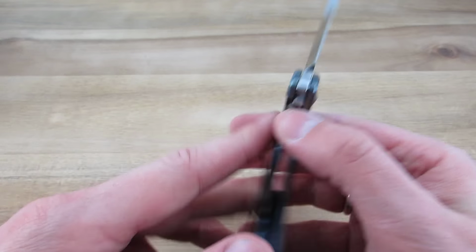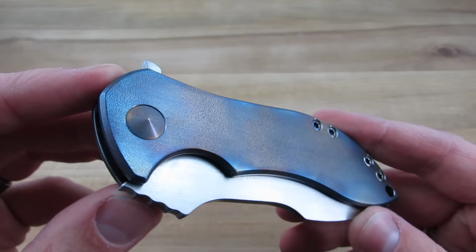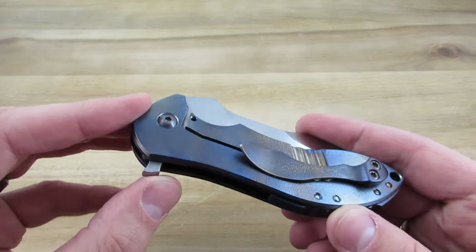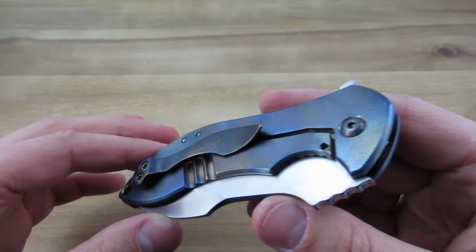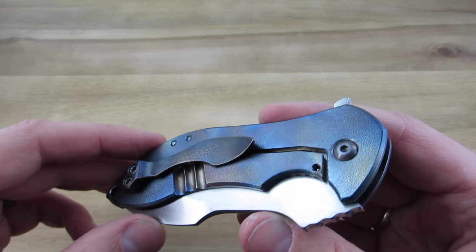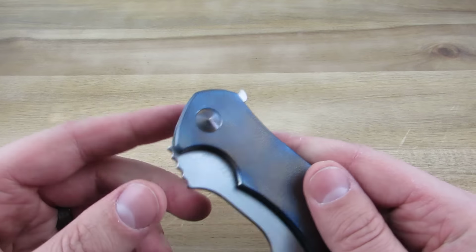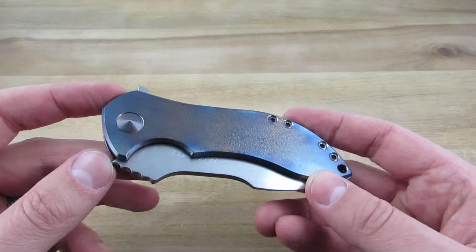So let me briefly talk about how this one came into my collection. I had a knife for sale up on the USN, and I typically don't do trades with my knives that I have up for sale because I have very specific purchases that I would like to accomplish, which is why knives usually go up for sale. But a member there contacted me and said, hey, I have this Skirmish that's up for sale. It's not really selling. I did want to try out the knife that you have for sale. Would you be interested? And by and large, I say no to trades, but I'm certainly familiar with the name